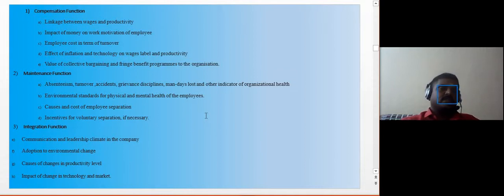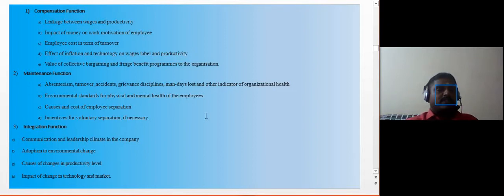Compensation function: linkage between wages and productivity, impact of money on work, motivation of employees, employee cost in terms of turnover, effect of inflation and technologies on wages, labor and productivity, value of collective bargaining and fringe benefit programs to the organization. And the maintenance function: absenteeism, turnover, accidents, grievances, disciplines, man-days lost and other indicators of organizational health,